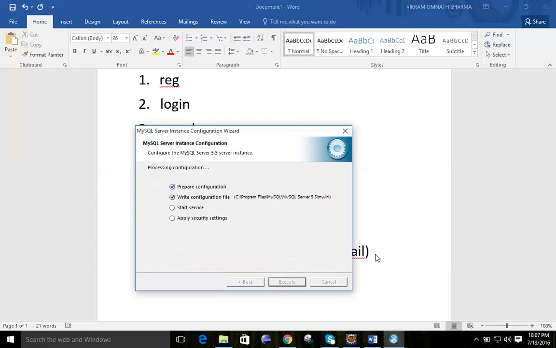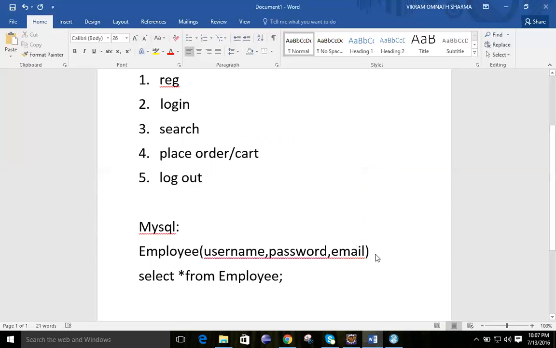Let it be installed. Now we want to discuss, if we have to create things, how can we create? For creating, we need to execute the create command, then table. We are going to create a table. So for that we have the create command: create table, then the name of the table. You can give the name according to your choice.